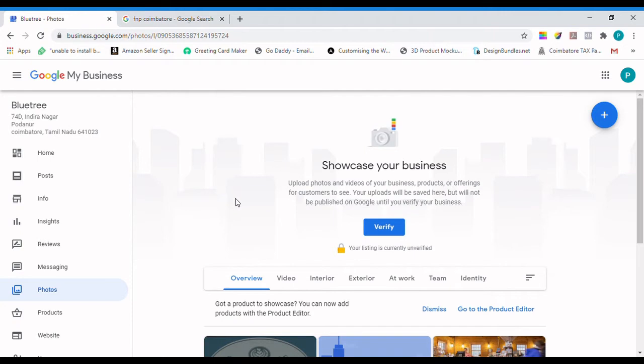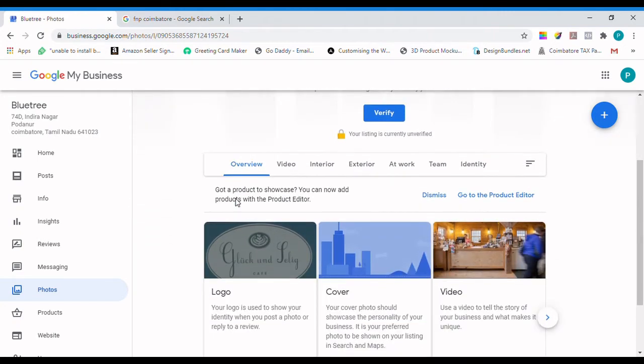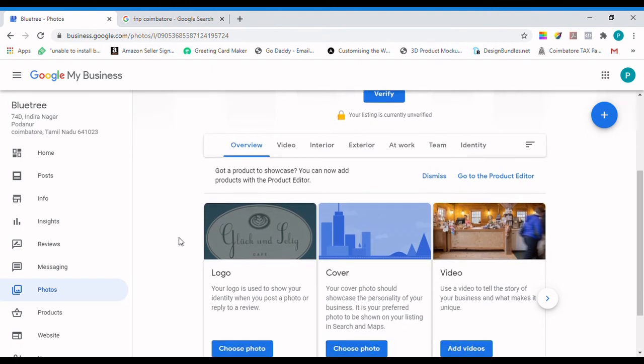Make sure you have a logo and then take a good video of the interior, exterior, and your team, and the inside picture of your office when people are at work. So all these things, please give it some time and make a video and enter all that information here.